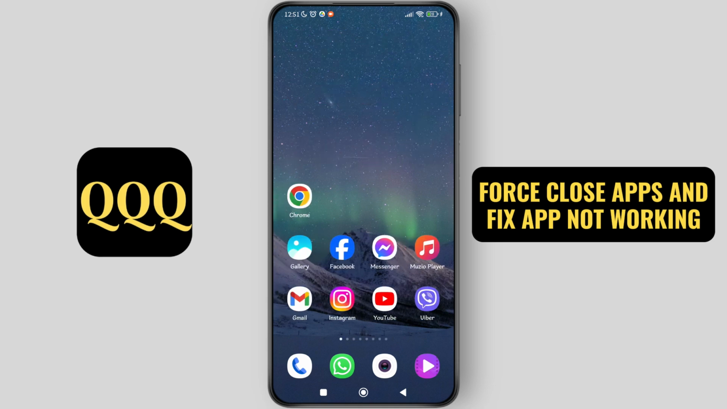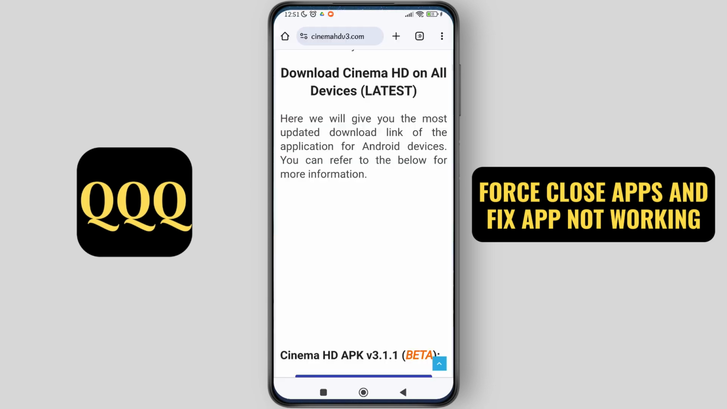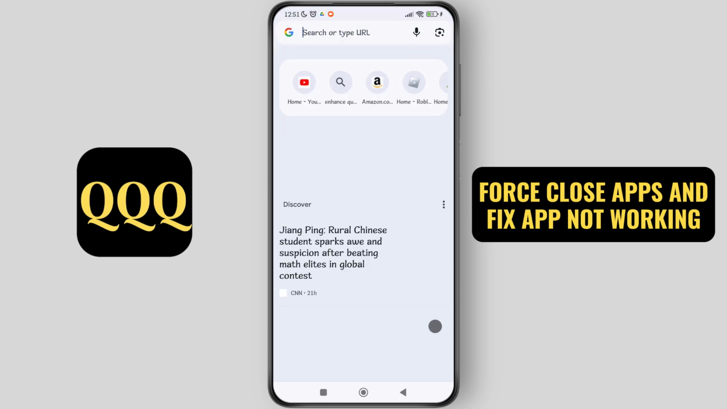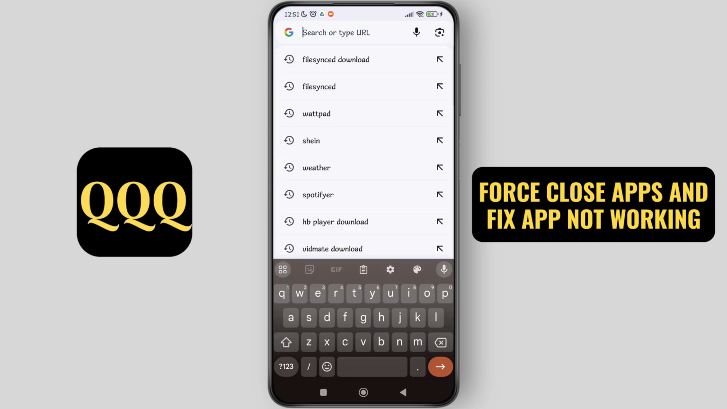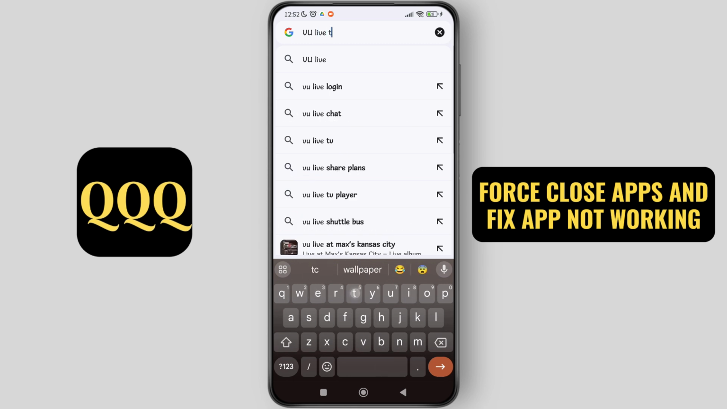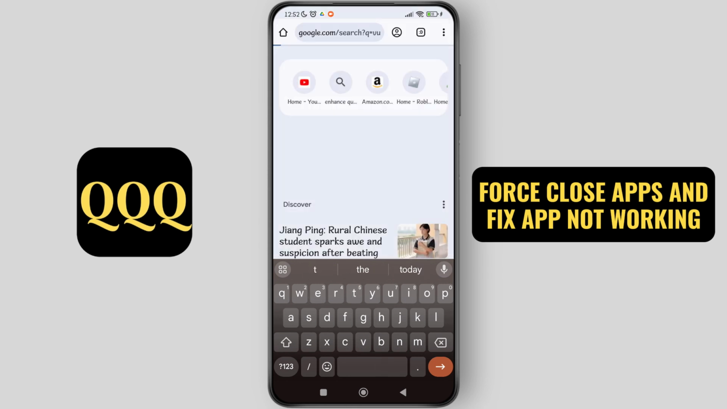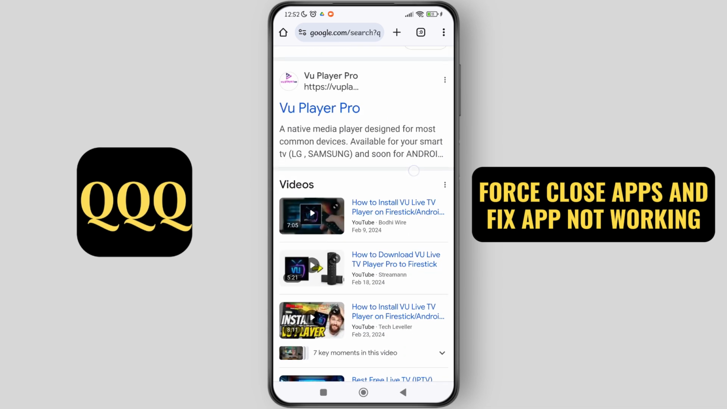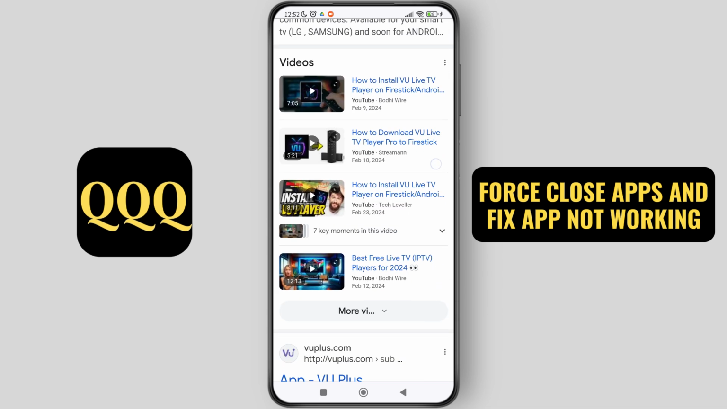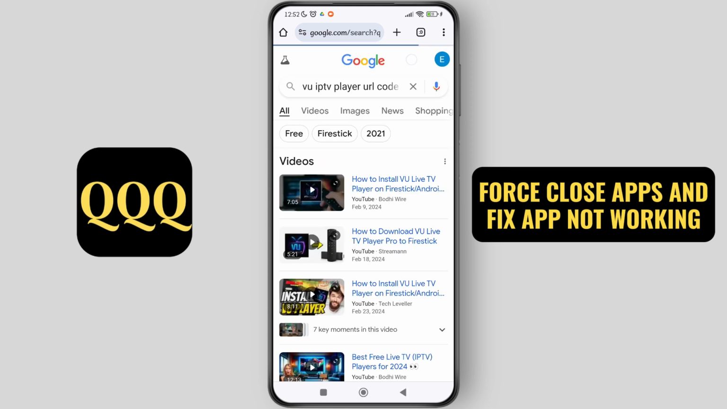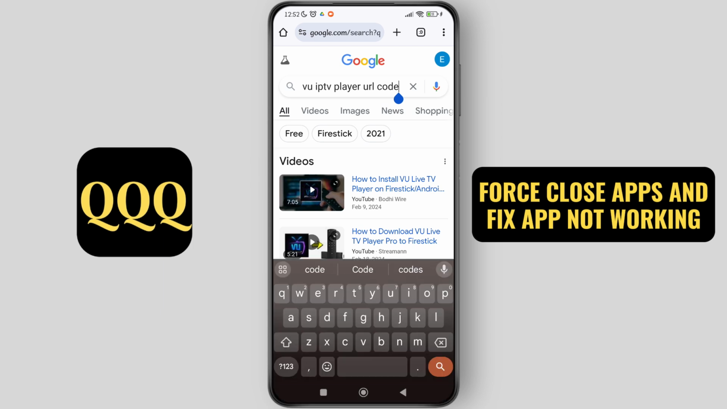So we have to go for Google Chrome, and on Google Chrome you can just tap on the search bar and search for the application VU Live TV Player, and you can see this is the application over here. Now to download it, you can just search for VU Live TV Player download,